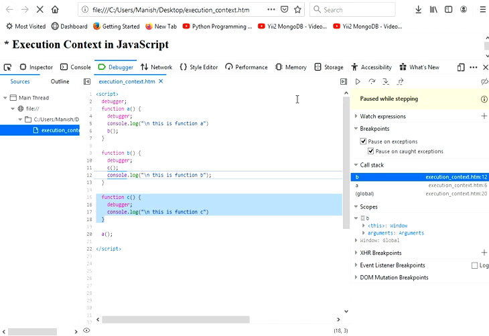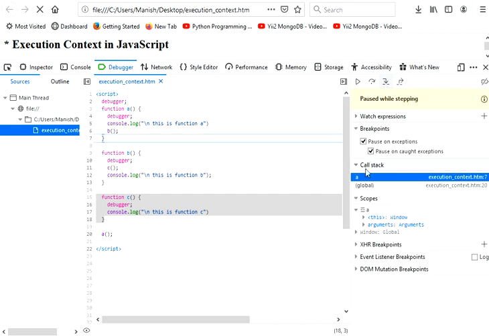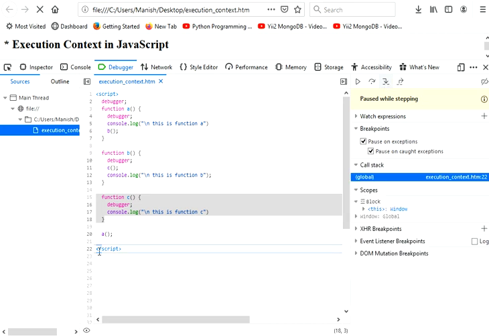Again, function B will be completed and the memory will be released for that as well, and the execution context for B is also popped from the call stack. So let's see this also. Now B is also popped from the call stack. Now control will move back to function A, and function A will also be completed. Now the control will move to this line and finally to line 22. So all executions are completed.